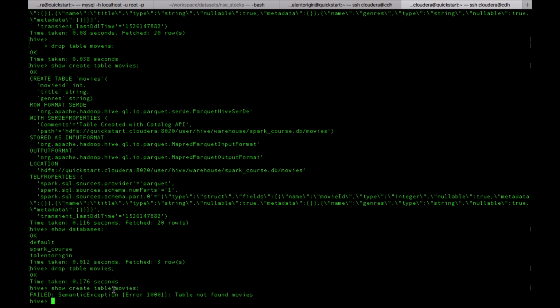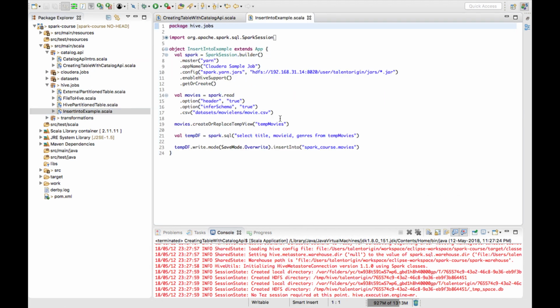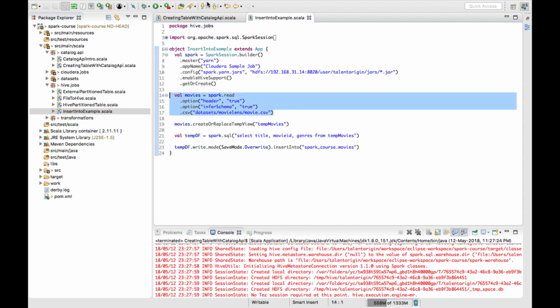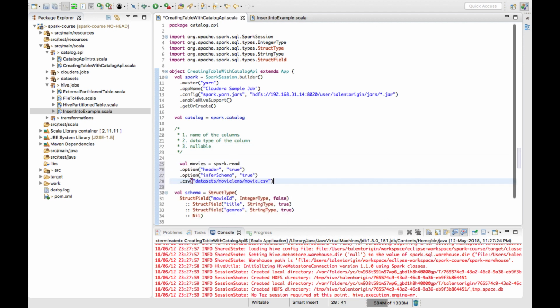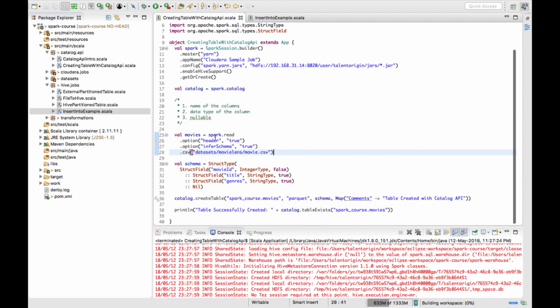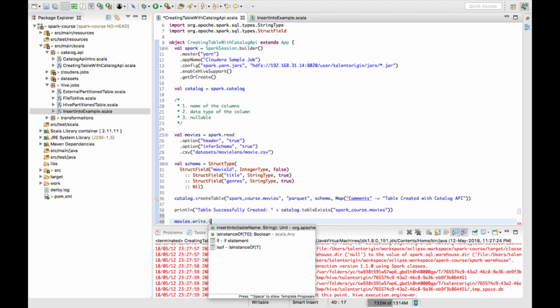Right now I have just dropped the table, and to insert the data into that particular table, earlier we have done something like this, right? We'll just use the same thing. I'll read that movies file over here, and I have this movies data frame available. And now this movies data frame I'll try to insert into that table. The movies dot write dot insertInto,